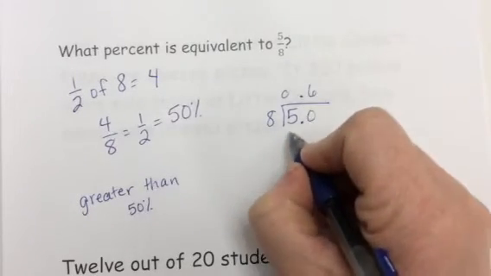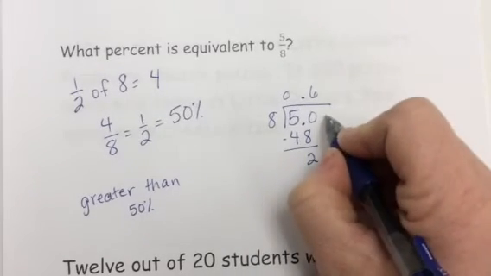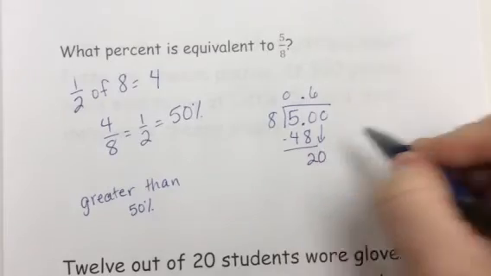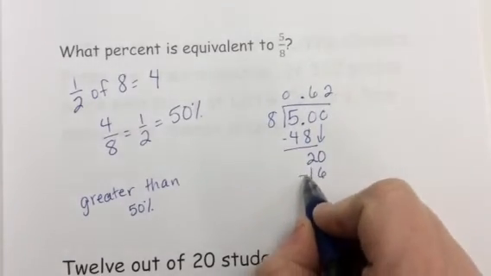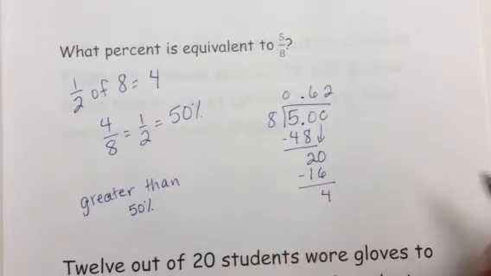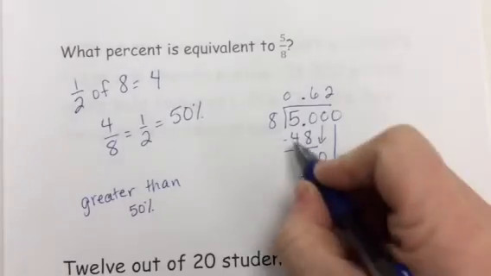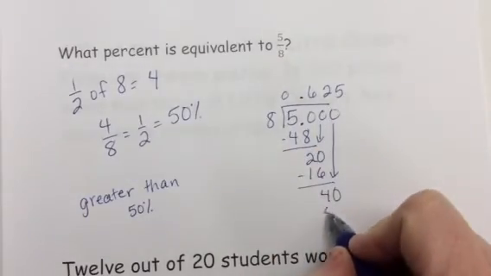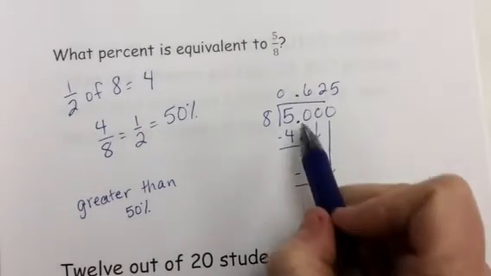8 times 6 is 48, and I subtract and get a 2. I'm going to add a 0 and bring it down right here. 8 times 2 is 16, and I subtract and get a 4. Okay, I'm going to go one more number here. Add another 0 and bring it right there. 8 times 5 is 40. Now my decimal is